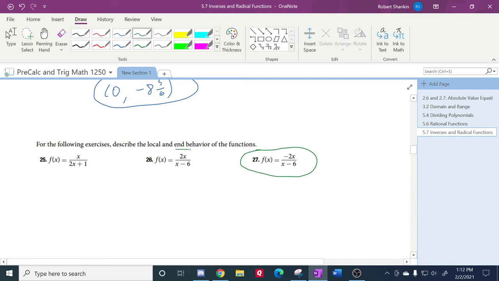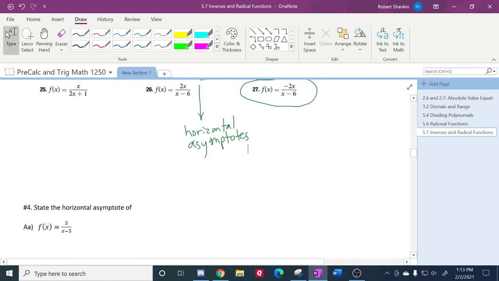All right, the end behavior of a function is another way of saying horizontal asymptotes. We're going to be getting more into horizontal asymptotes today. So it's asking, remember the question for horizontal asymptote? As the input gets super large, what happens to the output? That's the end behavior, because it's asking what's happening